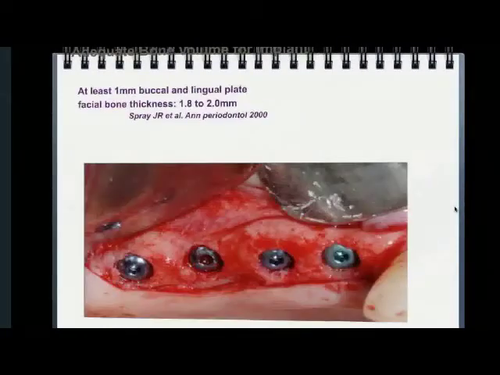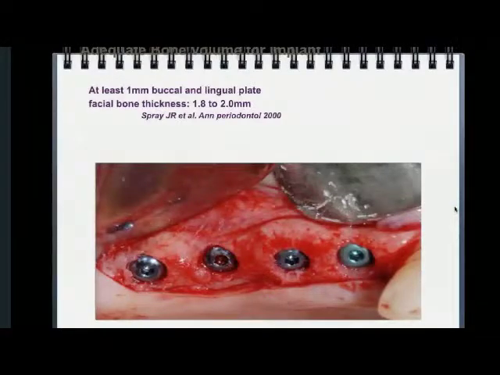At the time of the surgery, when we reflect the flap, we can estimate the amount of the bone and we can choose the fixture diameters. What I'm teaching at my courses and what I do in my practice, I'm trying to keep this as conservative, meaning not raising large flaps unless it's necessary. How big does the flap have to be? We have to score and determine the position of the bone and limitations of the bone at the site. But in the next clinical case, I'd like to demonstrate